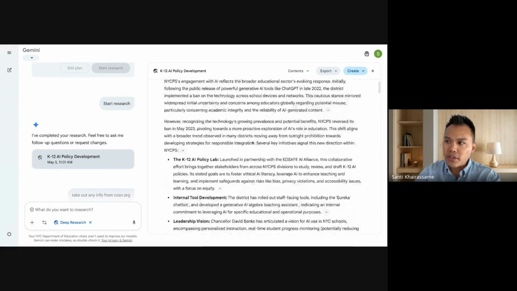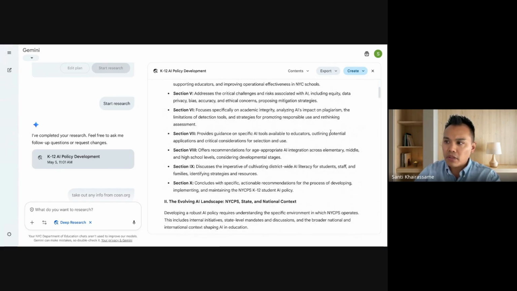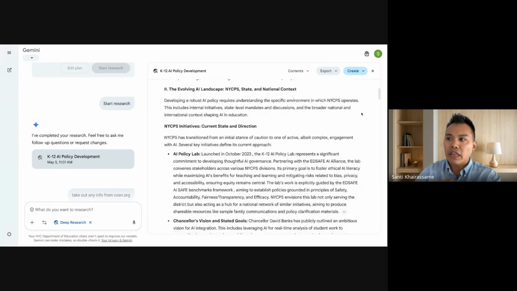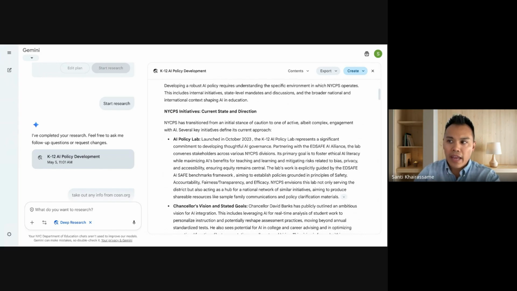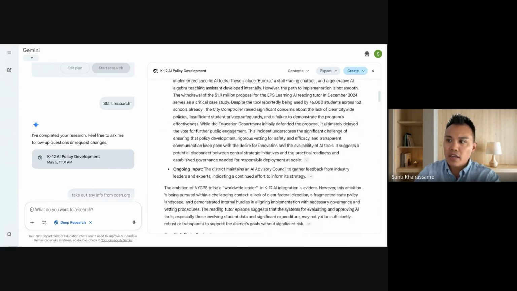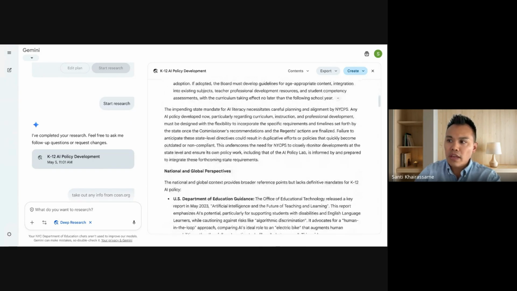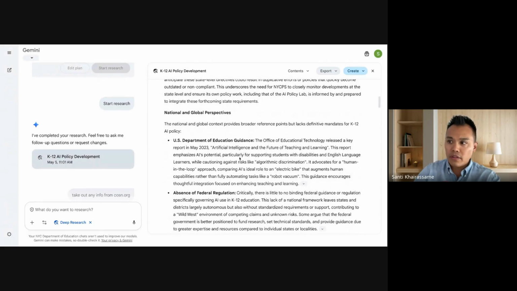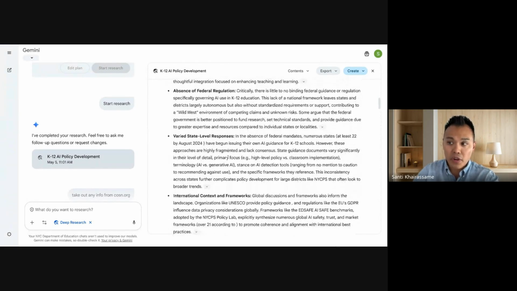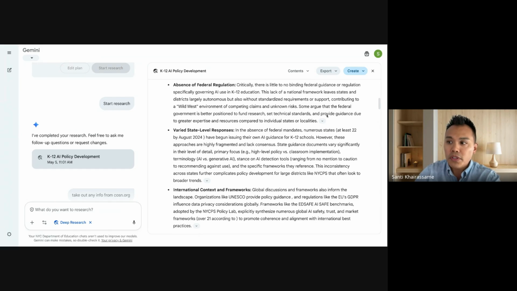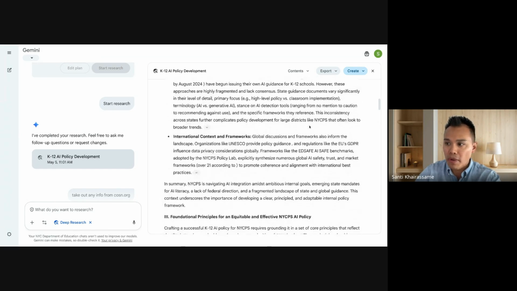It created this very detailed document, where it's giving me the history of the AI initiatives in New York City, and then it delves into how AI is being rolled out nationally as well as in other states, and it's going to give me suggestions on how I can take those things and apply it to my school. This would take days, if not weeks, if you were to do it manually.